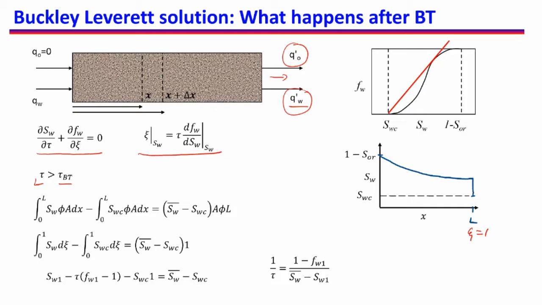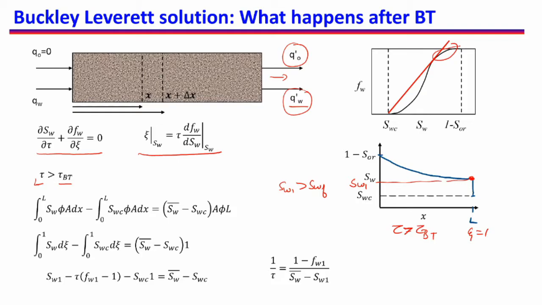So how to do it? For that we use mass balance. Suppose this is a saturation profile at tau which is greater than tau breakthrough. So our front saturation before the breakthrough was less than this saturation. So this is, let's say, SW1, and our SW1 is also greater than SWF, because we will see only these saturations in reality in our reservoir.